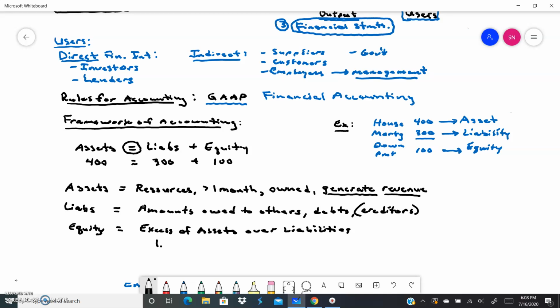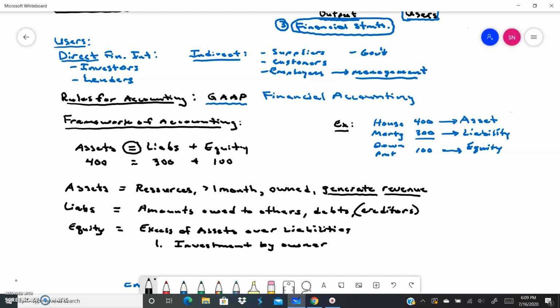The first component is any investment by the owner of the business or owners of the business. In this case, just like up above, we invested, we made a down payment of $100. That was the equity. So if the owner invested any money into the company, that would be part of the